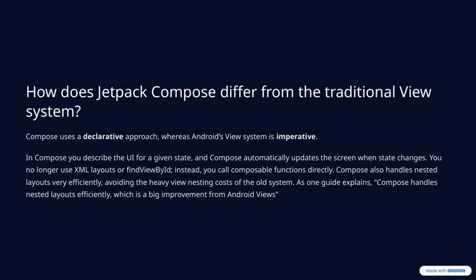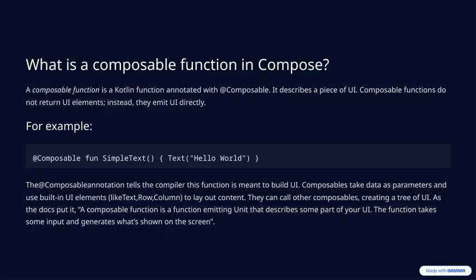So let's talk about what a composable function is in Compose. Essentially, it's a Kotlin function that we annotate with @Composable. This annotation is really important because it tells the compiler that this function is meant to build a piece of user interface. Instead of returning UI elements like traditional functions, composable functions directly emit UI components. For example, if I write @Composable fun SimpleText("Hello World"), this creates a piece of UI that displays Hello World. The key point here is that the composable function's role is to describe a part of your UI,